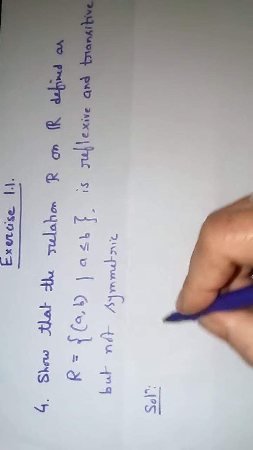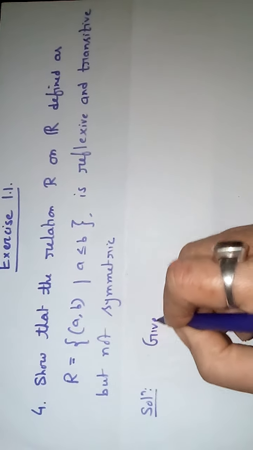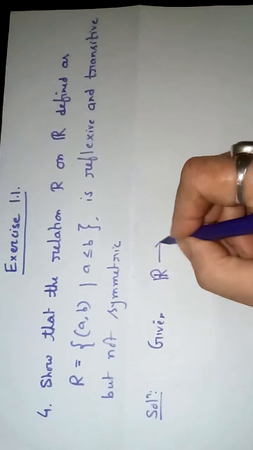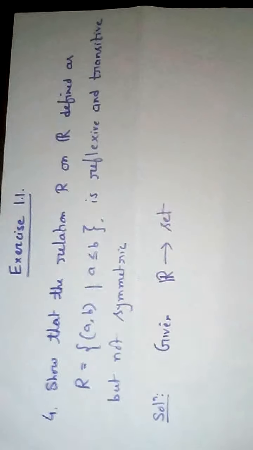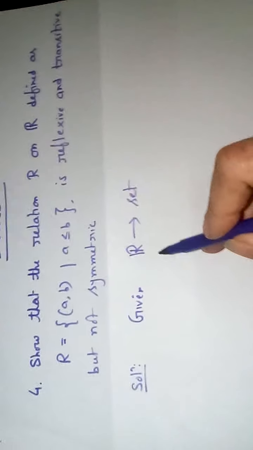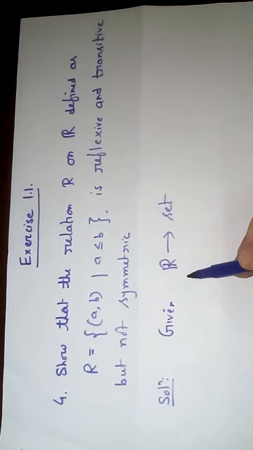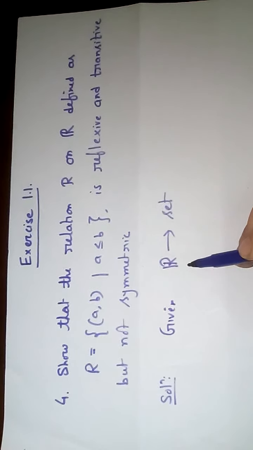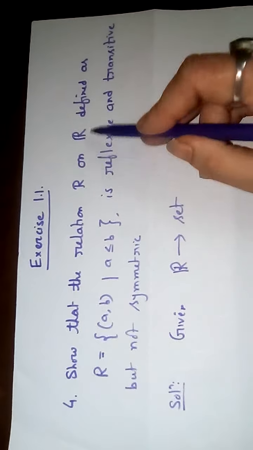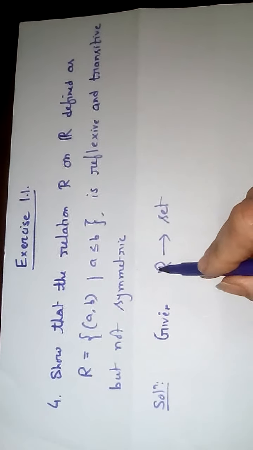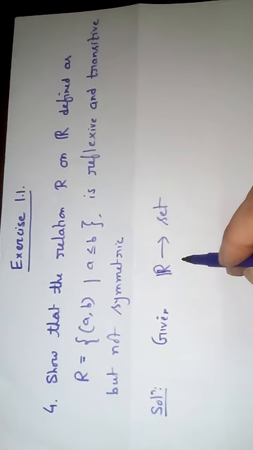Here your given relation is, first you can write down your given set. So it's given what? R is your set. This is your given set. Here I am giving two lines just to represent that these are the set of real numbers. And here you see the difference between R and R. Otherwise it may confuse you. That's why I am using two lines to represent the set.